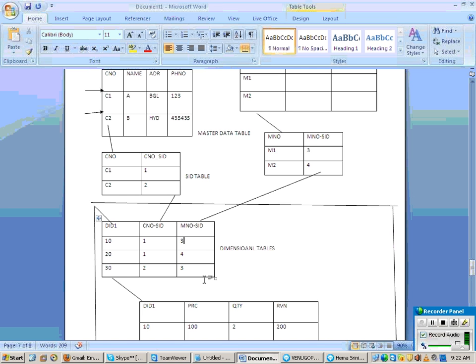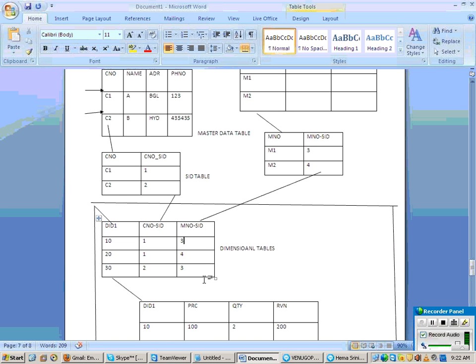Now, let us take an example. Imagine you have some data like this: sold to party, shipped to party and billed to party. Sold to party is also a customer, shipped to party is also a customer, billed to party is also a customer.